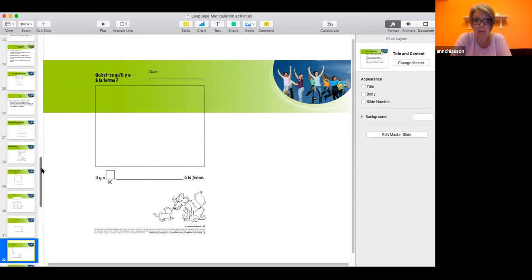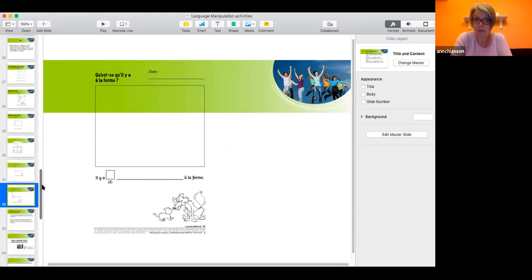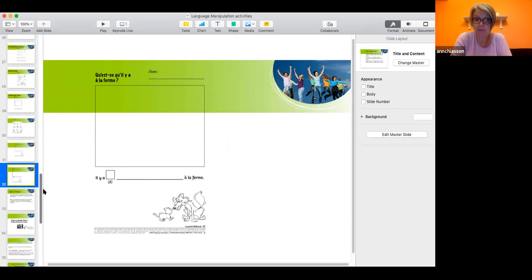Qu'est-ce qu'il y a à la ferme? You could have different pictures. You know how you get with your kit kind of a background that's la ferme background, and you could take those little photocopied mini versions or big versions of the characters and post them and then do a math activity. So maybe you put up with sticky tack 5 poules ma boule that day and 2 cheval Cristobal that day,